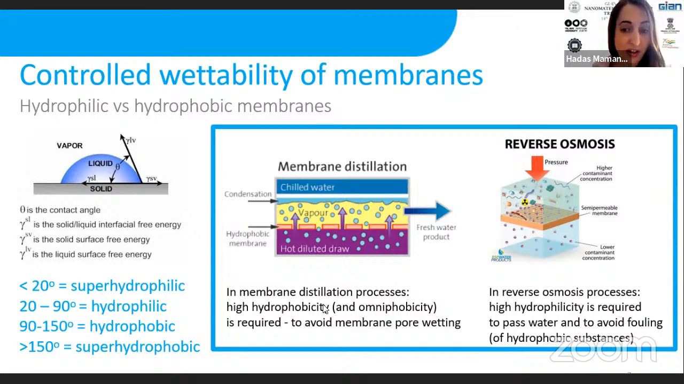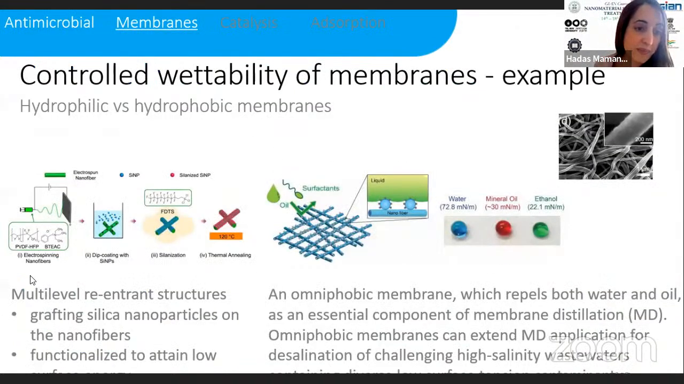With membrane distillation, on the other side, we want very high hydrophobicity to avoid membrane pore wetting. Therefore, the wettability of the membranes can be controlled by either hydrophilic or hydrophobic characteristics. This can be done by multivalent re-entering of structures, for example, grafting of silica nanoparticles on the nanofibers. So here we have the nanofibers. The silica nanoparticles are grafted on these nanofibers, and they're used to control the hydrophilicity or the